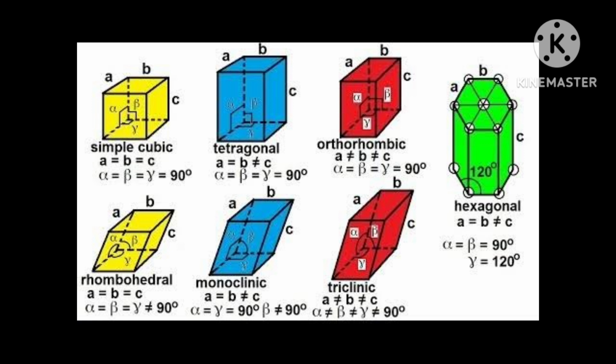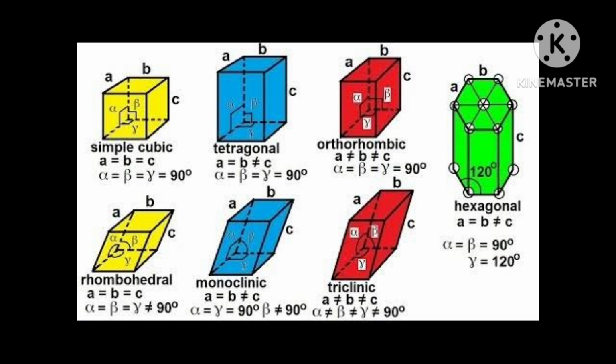Such a unit cell contains one constituent particle present at the center of each face, besides the ones that are at the corners. Means corners are there, that will be fixed. And the extra particles, I told you, may be arranged at the middle of each face, at the center of each face. That's why it is called a face-centered unit cell.